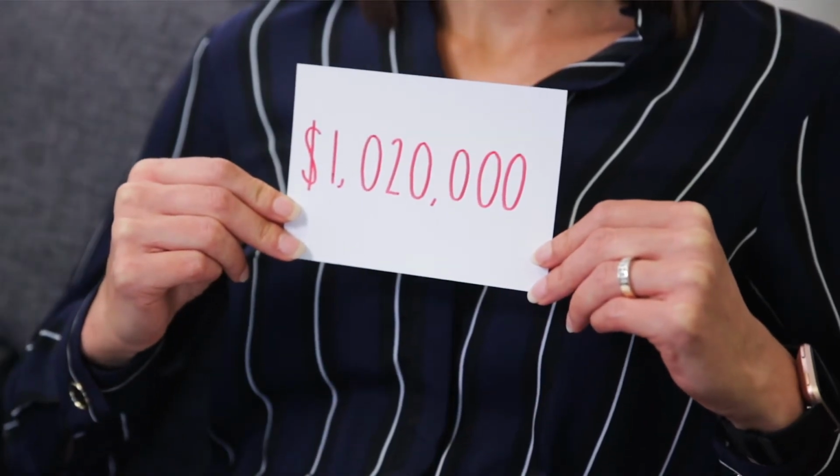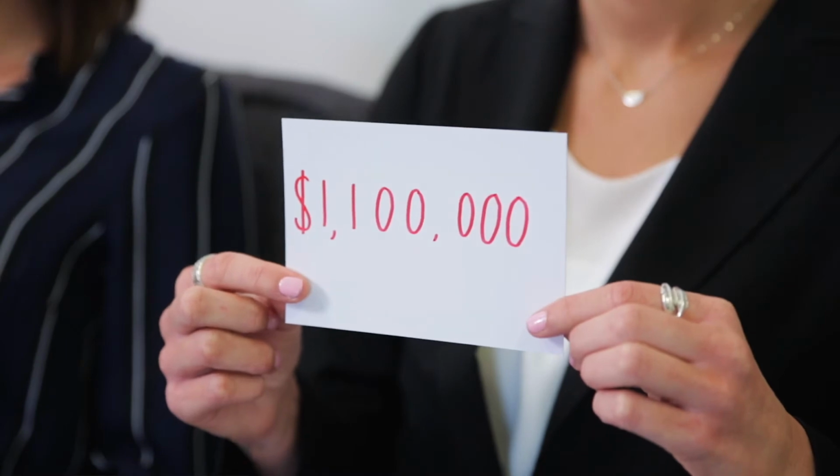In most cases, there's multiple buyers, but generally speaking, it always comes down to two buyers who put their best foot forward in an auction scenario. If buyer number one had their maximum price at $1,020,000, and that's the highest price they're willing to pay physically, emotionally, and mathematically, and buyer number two had a budget of $1.1 million and the same circumstances had their maximum price set at that figure, the auction would occur and the reserve would